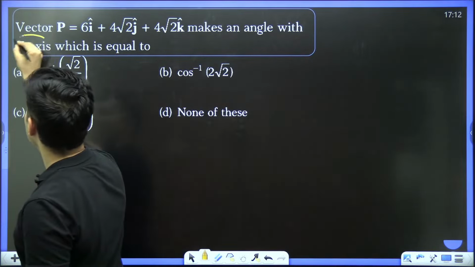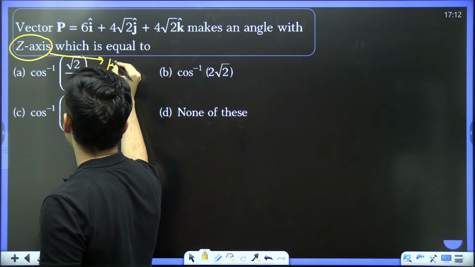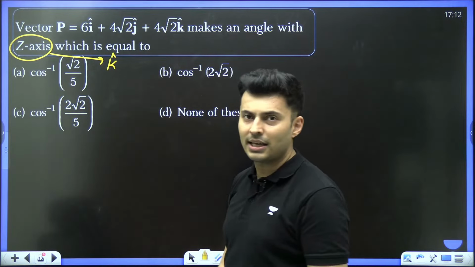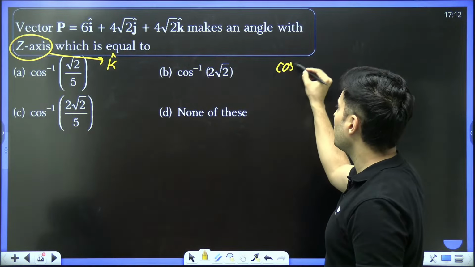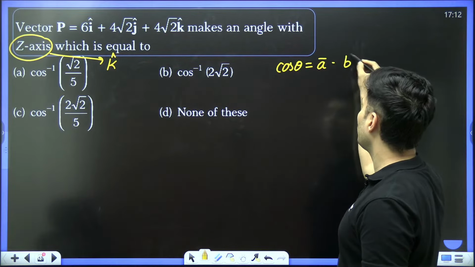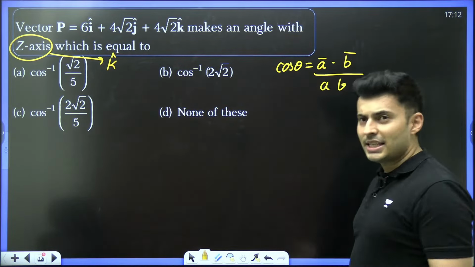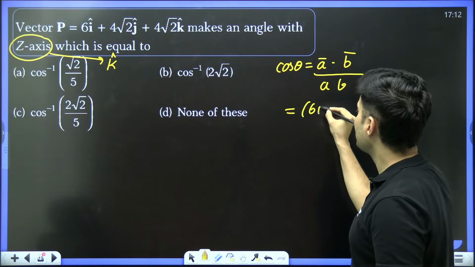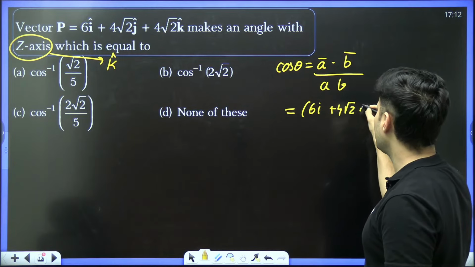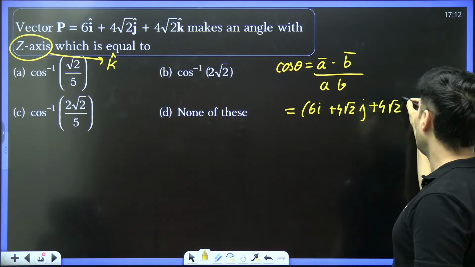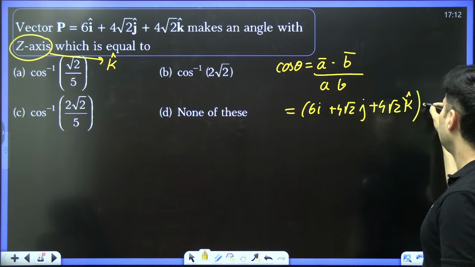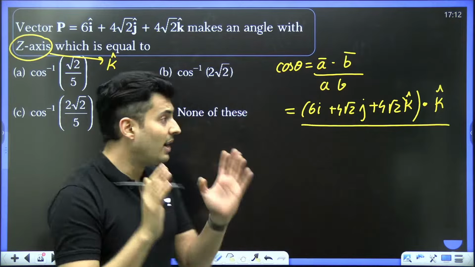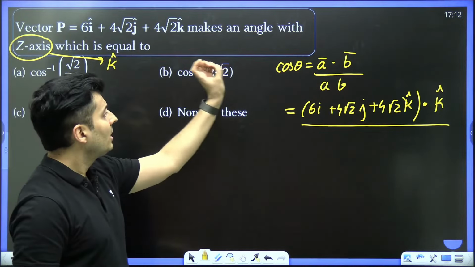When I say z-axis, it means k hat. So you have to find the angle between this vector and k hat. The angle formula is cos theta equals a vector dot b vector divided by ab. That's the standard formula. So what is a vector over here? In this case, it is basically 6i plus 4 root 2j plus 4 root 2 k, correct? Dot product with just k cap, divided by the magnitude of this into